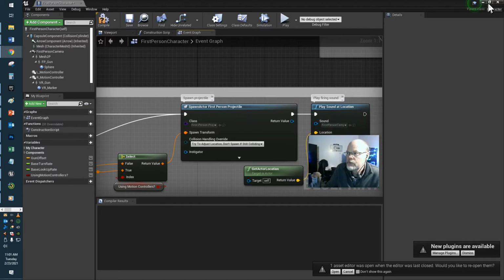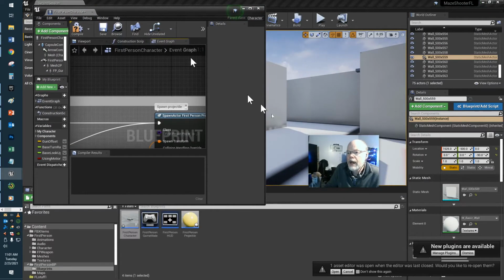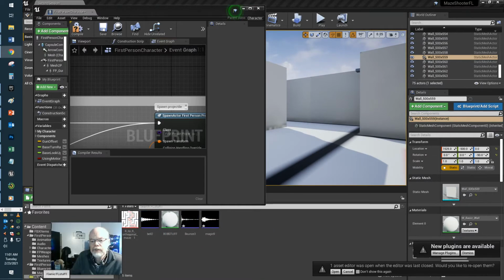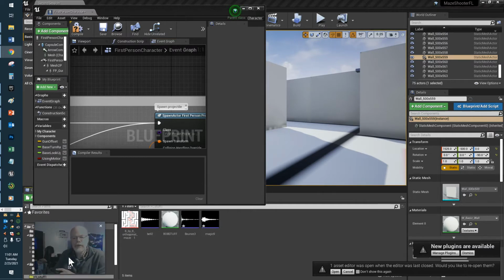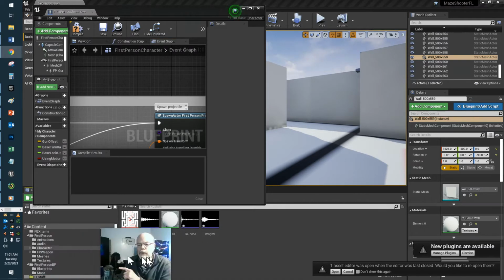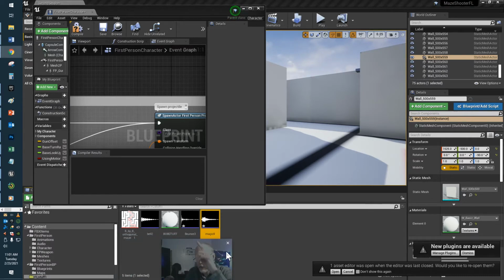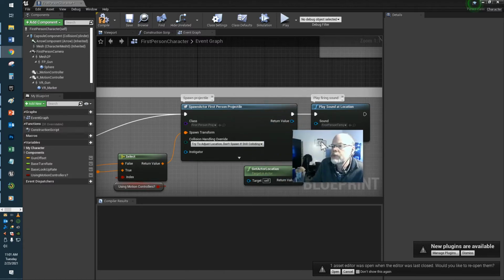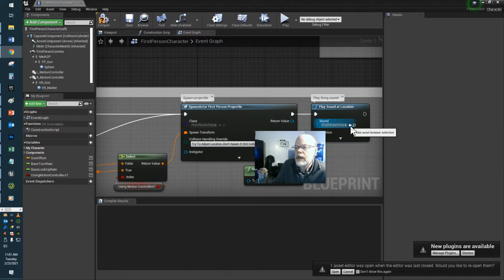I'm going to minimize the window here so I can actually highlight in my content folder. Remember earlier I set up this thing called first and last stuff. So the student name stuff is here. And with it highlighted, I'm going to go to Magic 9, which is the sound that I decided would be fun to play with. And since that is now highlighted in my content browser, indicated by the yellow box around the object, I can then return to this little, what's the word, guys? What's this box called? It's a blueprint node. And so the parameter that's being fed in here, I'm going to click on use the asset that's already selected